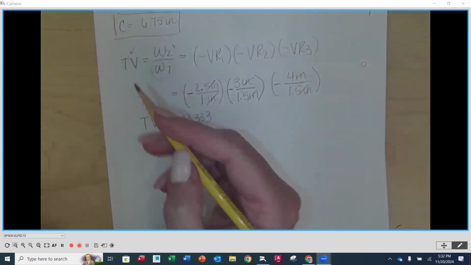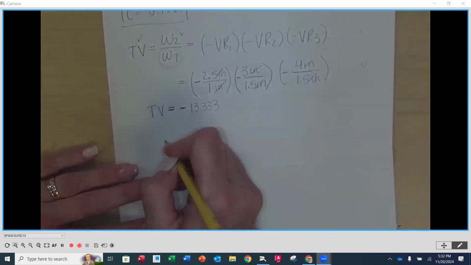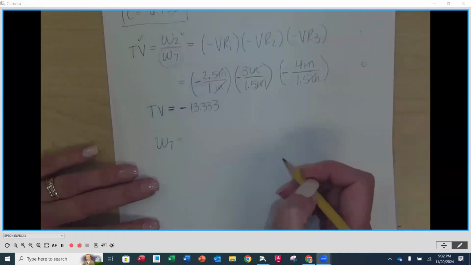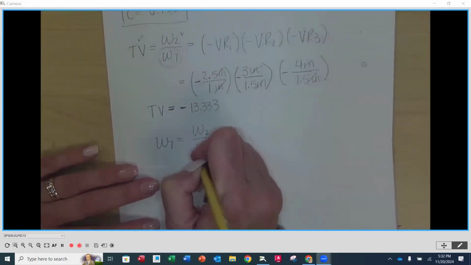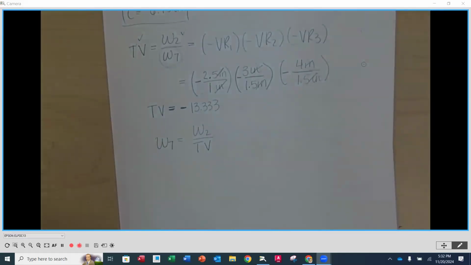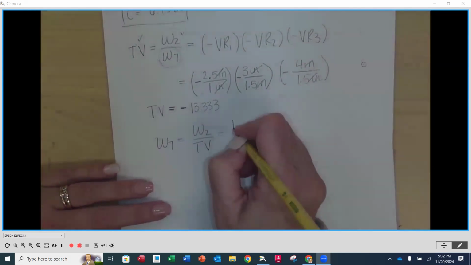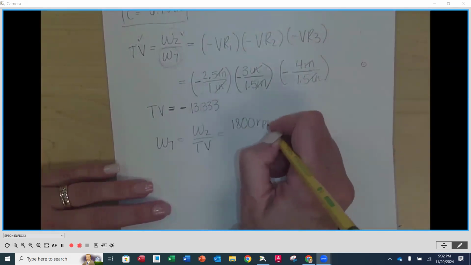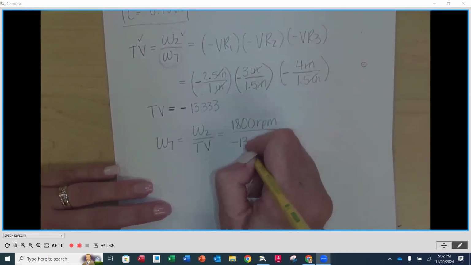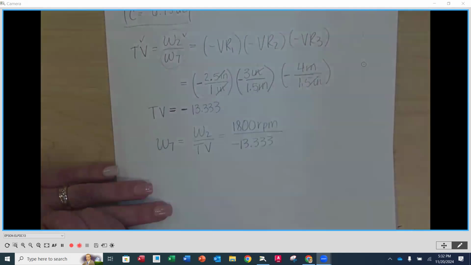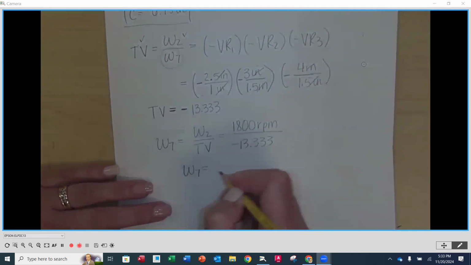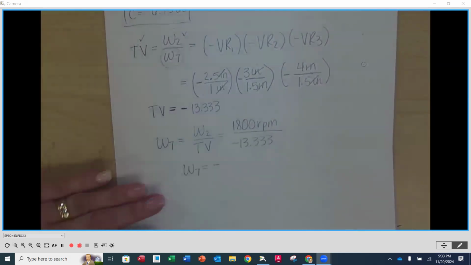Okay, so we're going to rearrange this so that we can solve for W7, which is simply going to be W2 over that train value, right? So now we can put in our numbers, 1800 RPMs divided by negative 13.333. So W7 is going to be equal to a negative